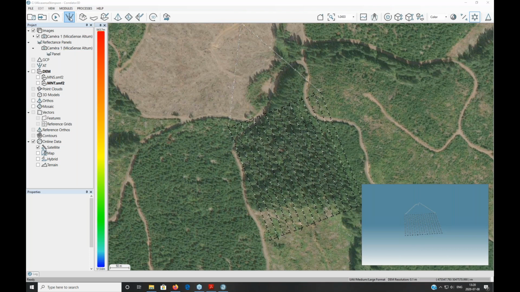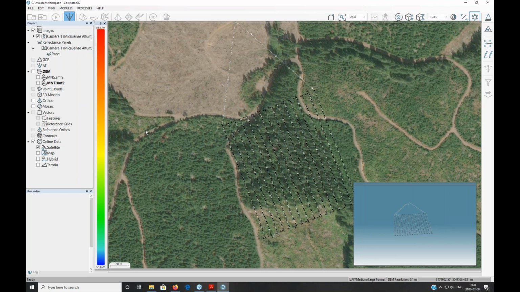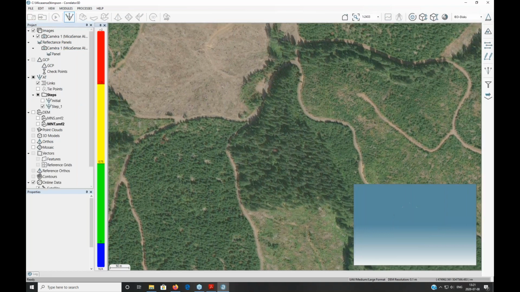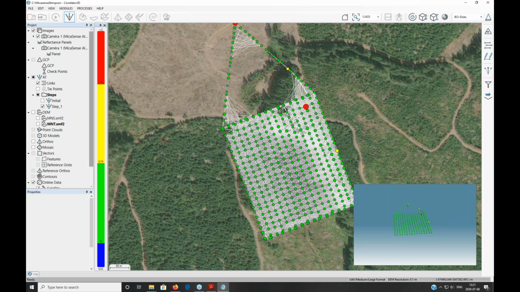So the first step here will be to do the aerial triangulation. You can select the aerial triangulation module. Once the module has been launched, a window like this will appear, and it's going to ask you what type of tie point extraction you want to perform. You can select between two modes, the standard and the exhaustive. Usually you can start with a standard extraction, and if you see that some images have trouble getting tied to the whole block, you can then jump to an exhaustive extraction, but usually the standard extraction will be sufficient for your